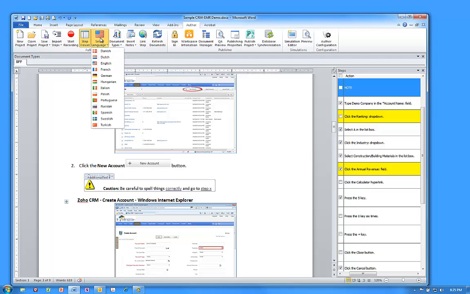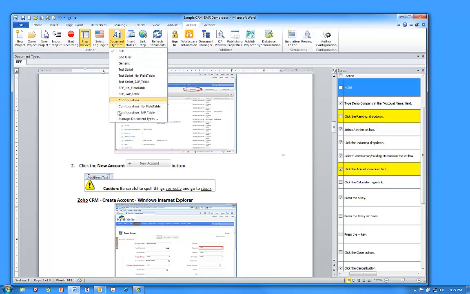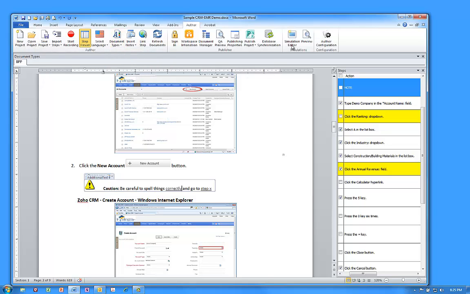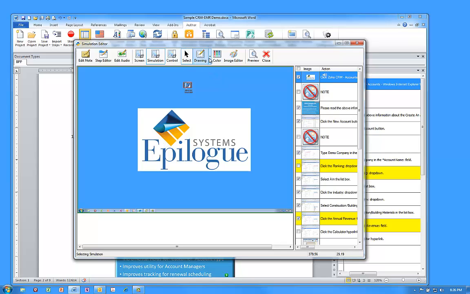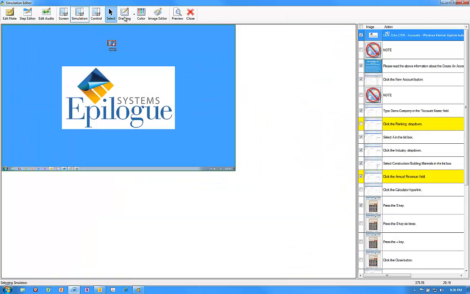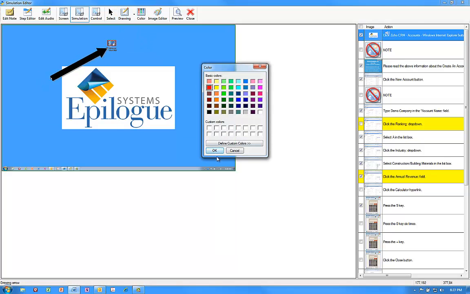You can translate your project into other languages. You can view other templates to see how they look. Lastly, our simulation editor is very cool. Graphically enhancing images can be done with our simple graphical editor like this. I'll save that